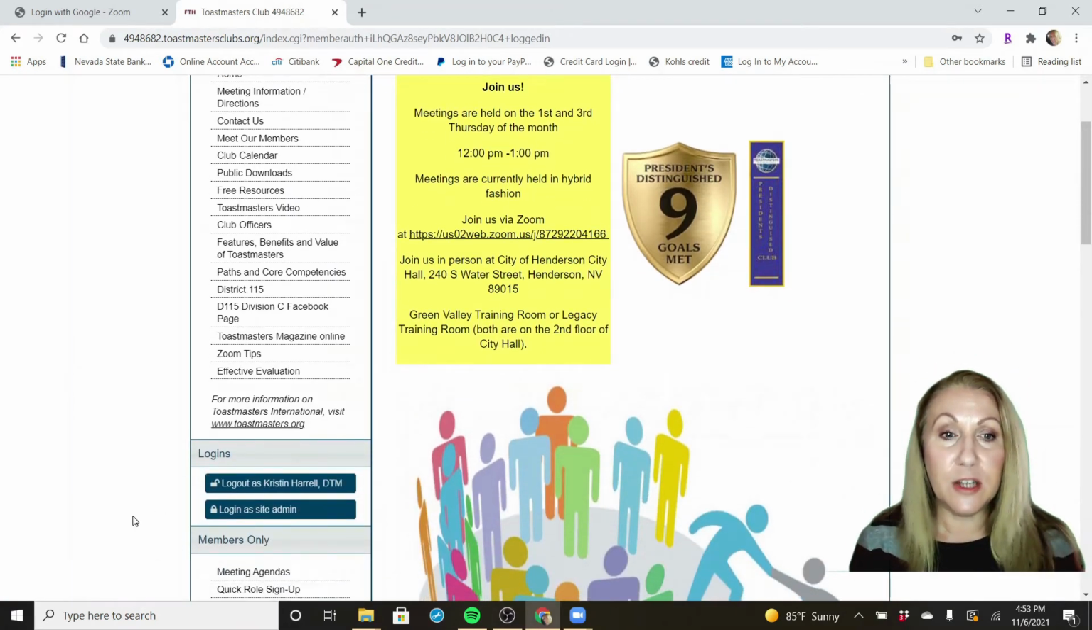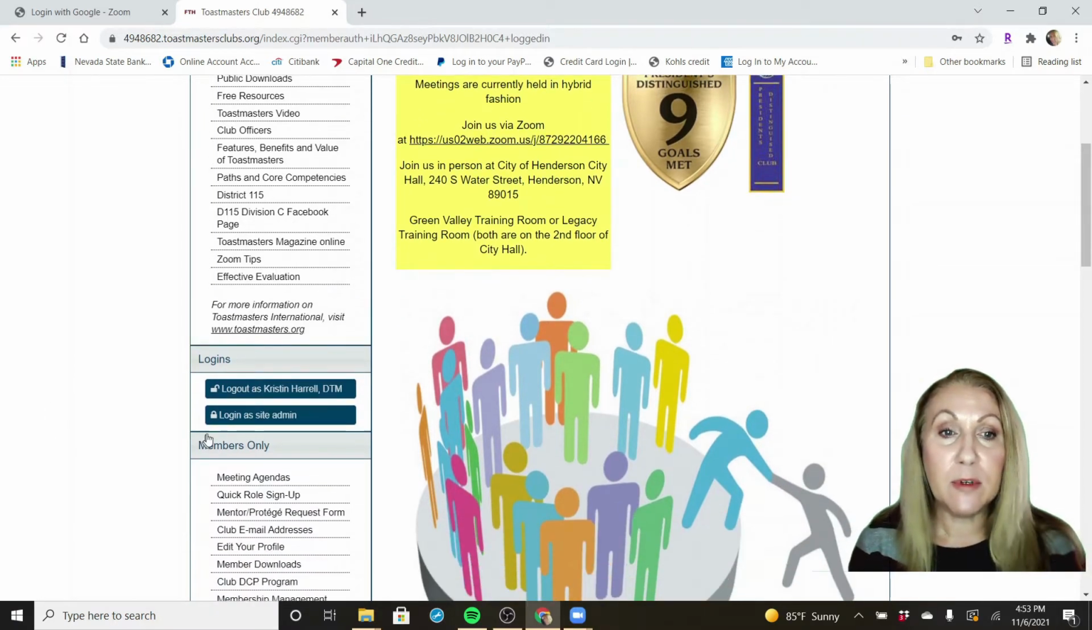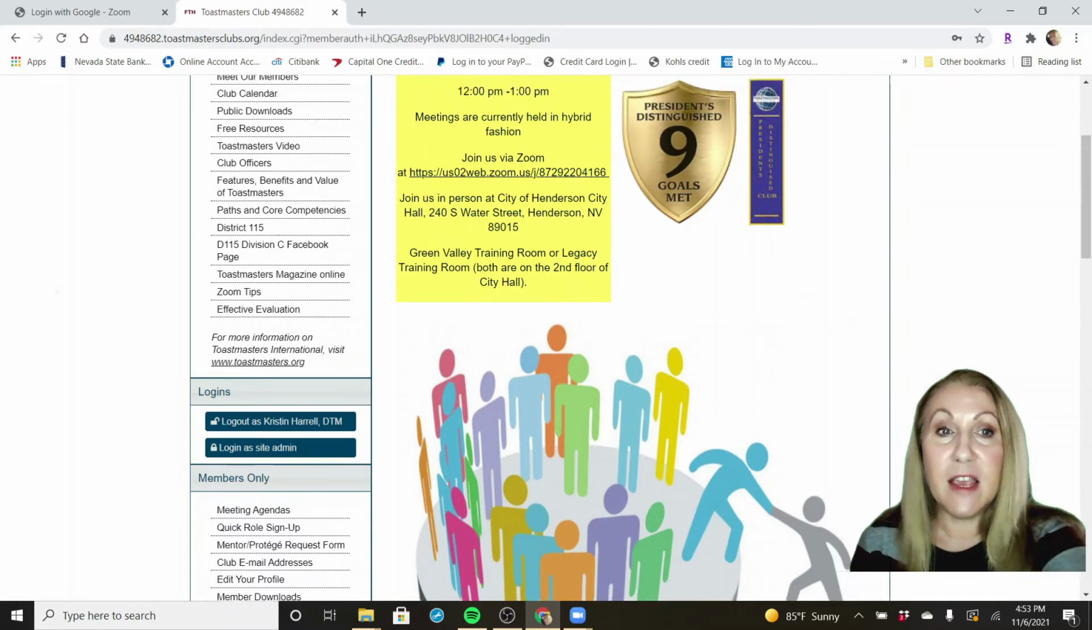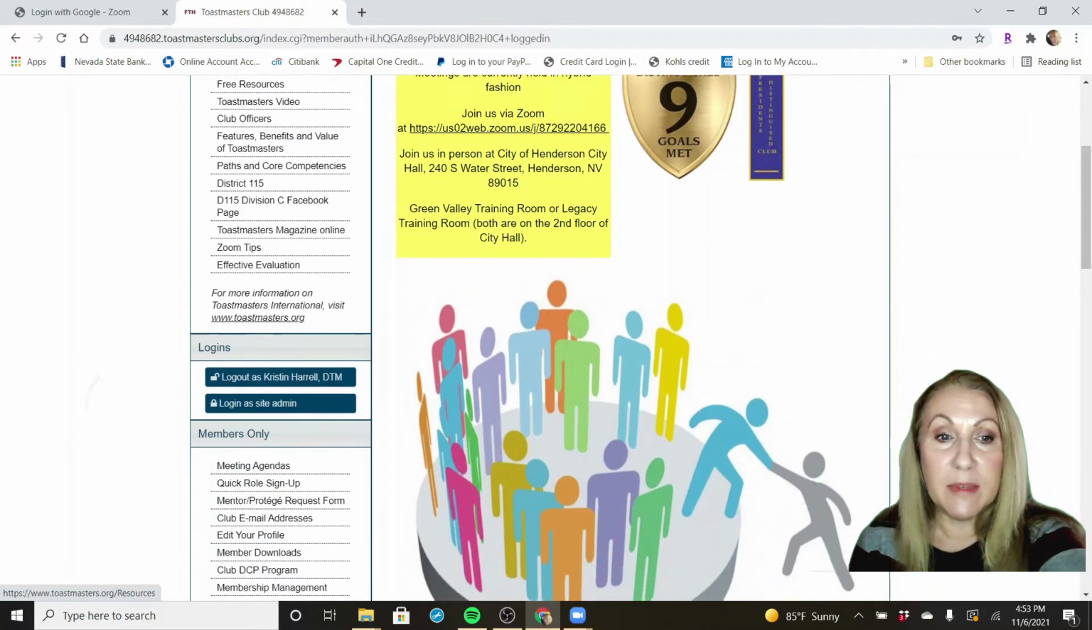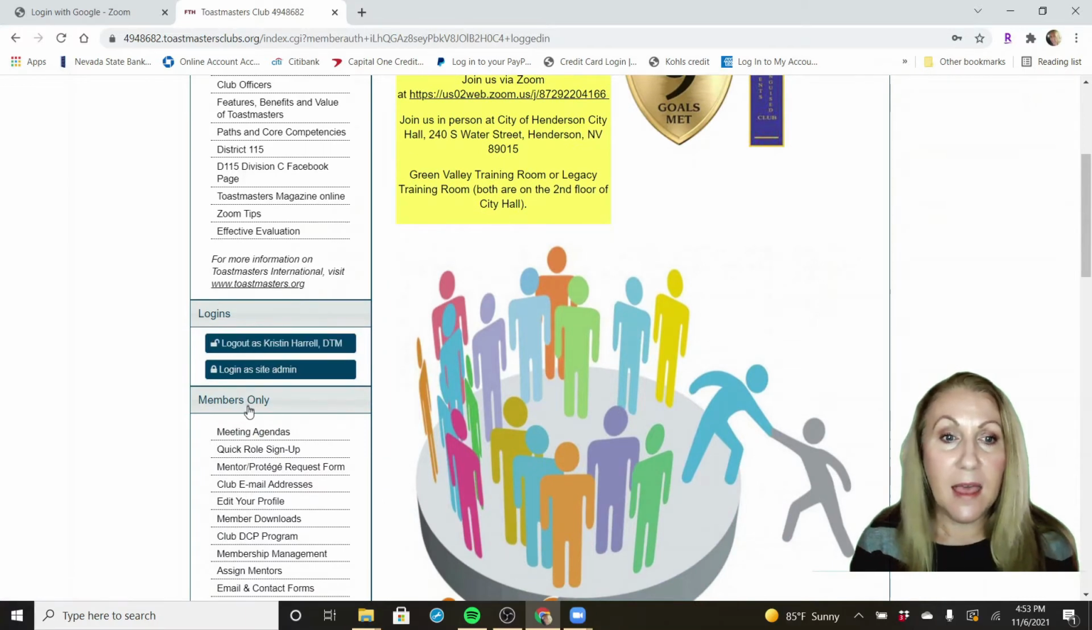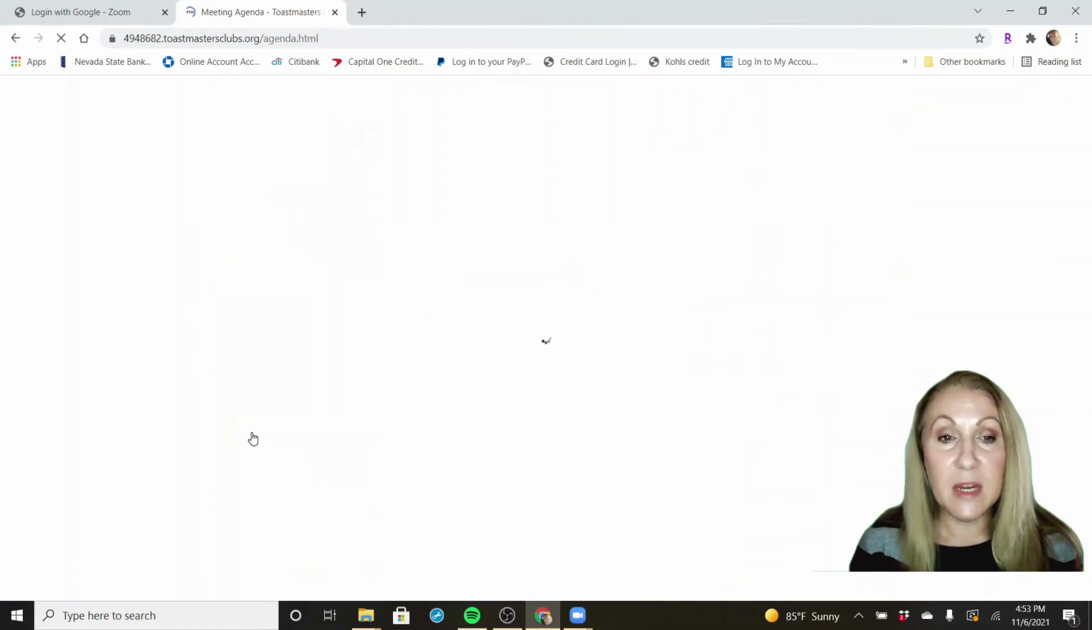So now it shows that I am logged in and I am going to go to the members only section. On this website we have our members only section along the left side navigation. Some clubs will have tabs across the top. So you can just look and see where your website shows a members only section, and that's where your meeting agendas will be. You click on your meeting agendas